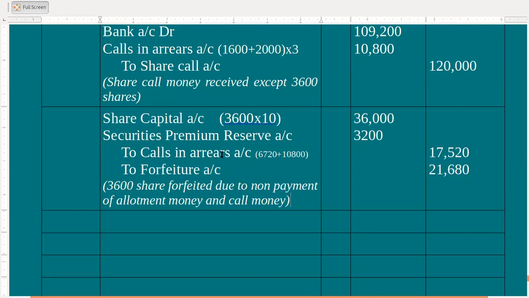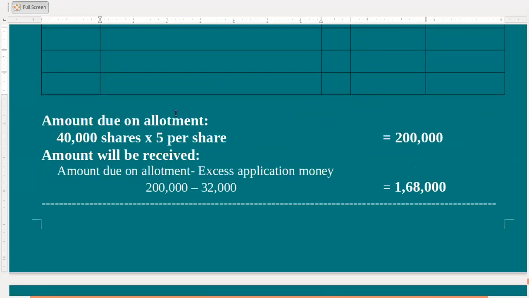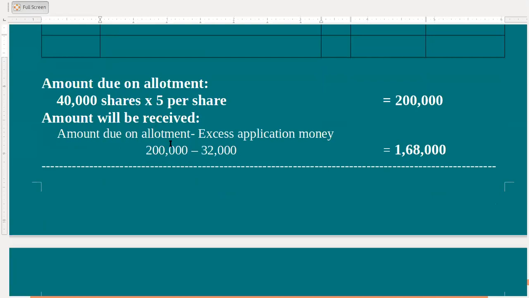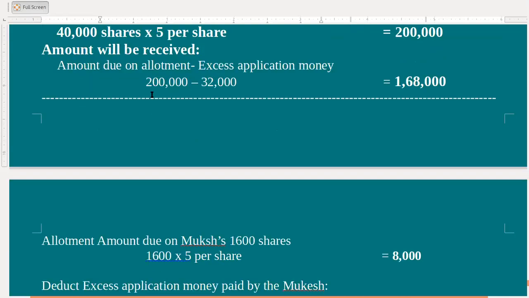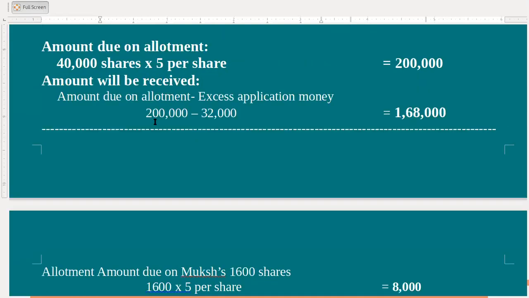So we completed the problem. This is how we can do forfeiture. We have some adjustment. You have to understand how we completed the problem, how we find out the figures and all. Don't worry, this is recording. I will upload this one in Machine Logic. You can go and watch it again if you have any confusion. Okay, I hope you understood.